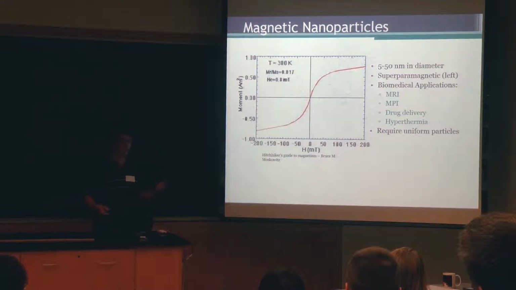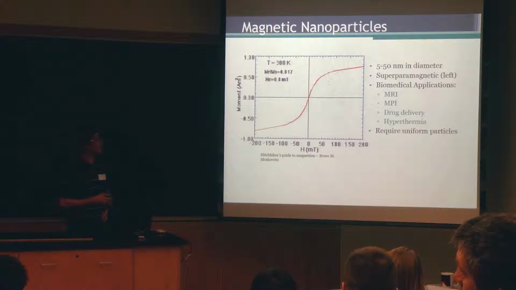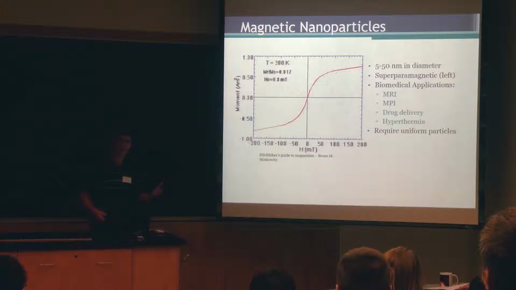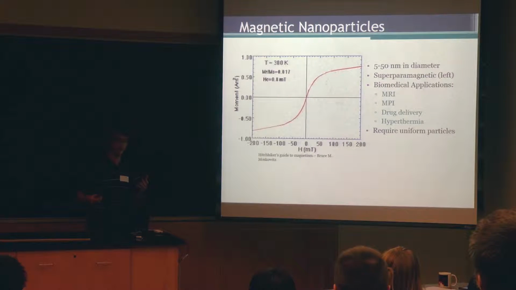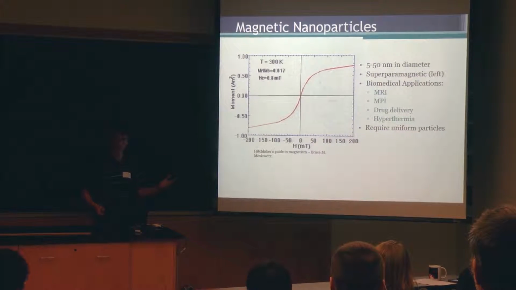So, we're discussing magnetic nanoparticles. We're looking at particles that are made up of materials that in bulk are permanent magnets, but we're looking at them at a 5 to 50 nanometer scale in diameter. And when you shrink particles of this composition down to this kind of size, they end up with superparamagnetic behavior. Paramagnets are non-magnetic under normal conditions, but when you apply a magnetic field, they react linearly to the applied